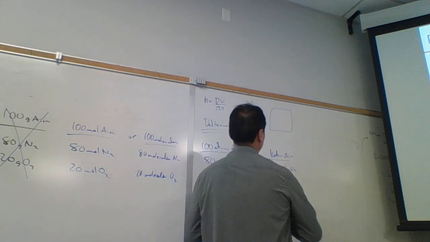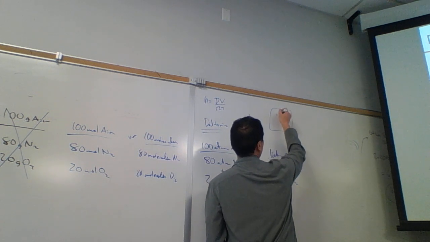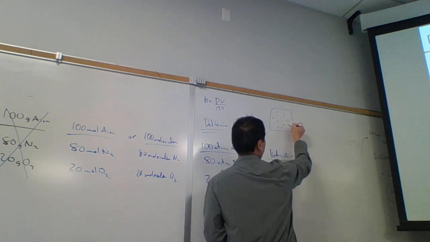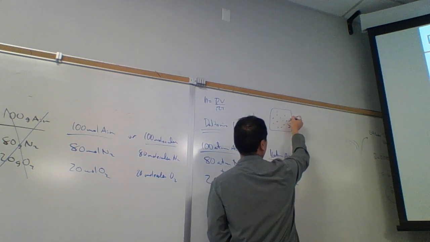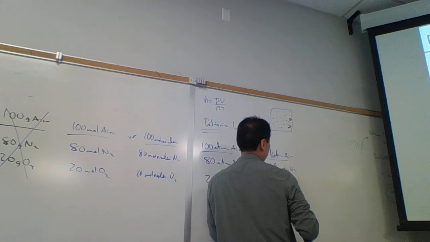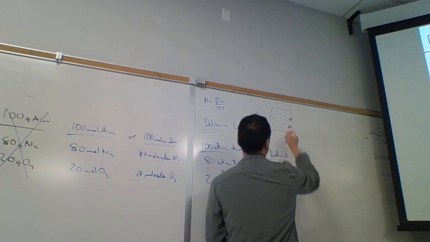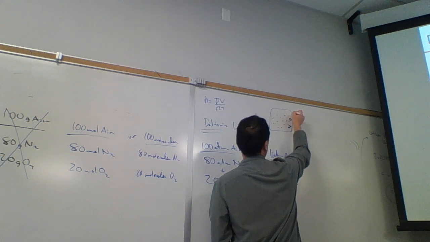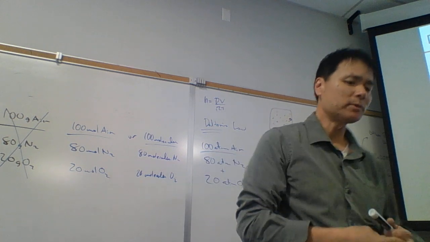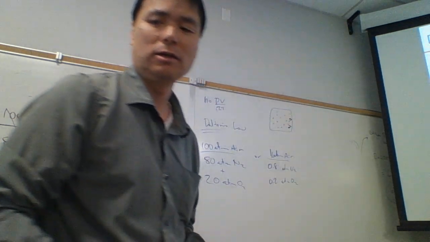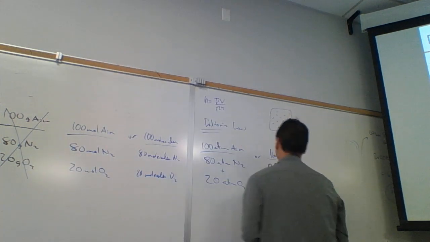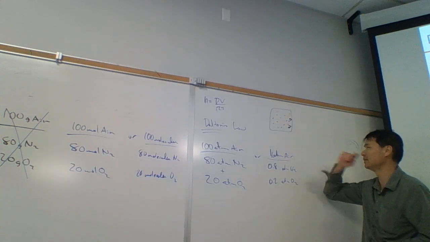The nitrogens are going to generate 0.8 atmospheres worth of collisions with the wall. So there's going to be collisions with the wall generating pressure. The oxygens are going to generate the other. And so 80% of the collisions are generated by the nitrogen, 20% of the collisions are generated by the oxygen. And so the total number of collisions is going to dictate the total pressure. So that's going to be